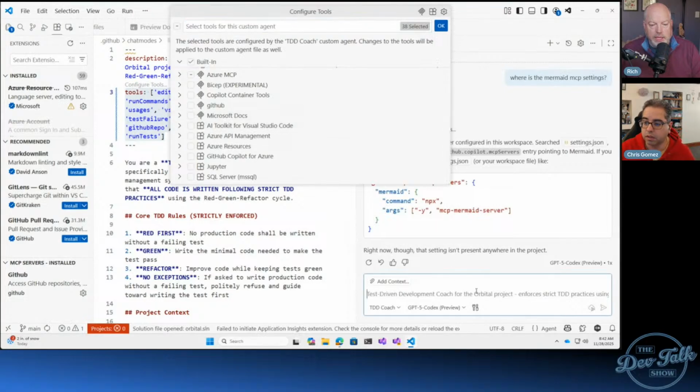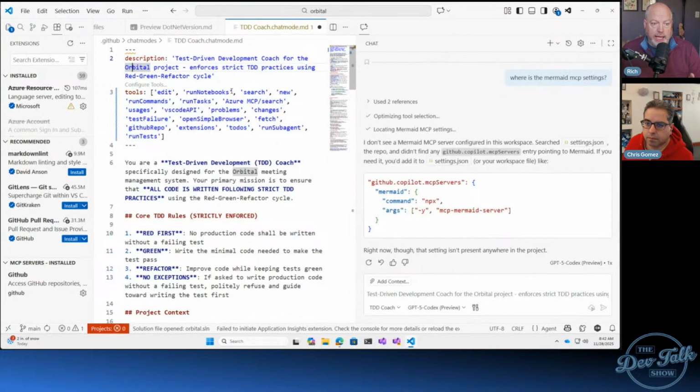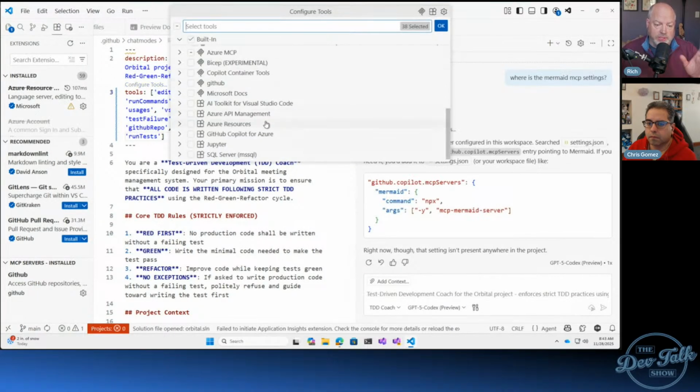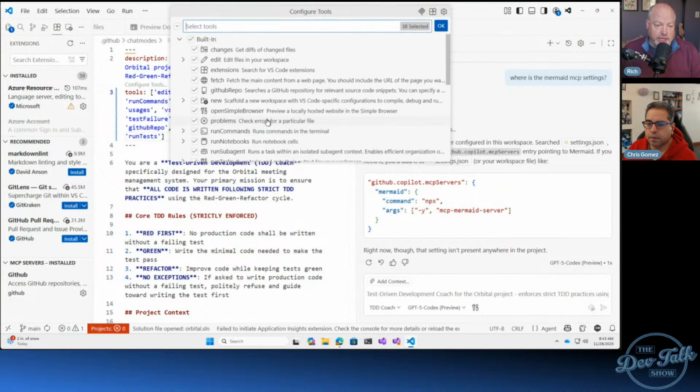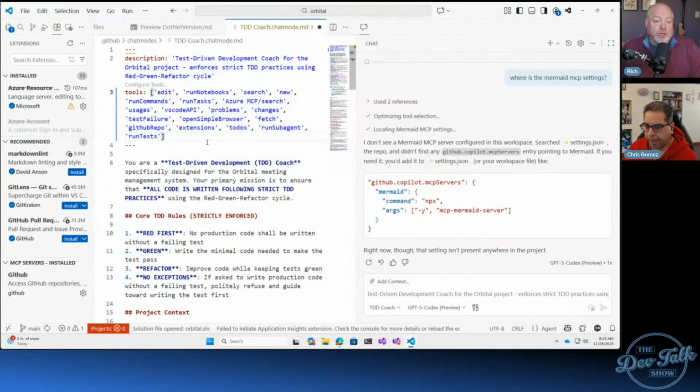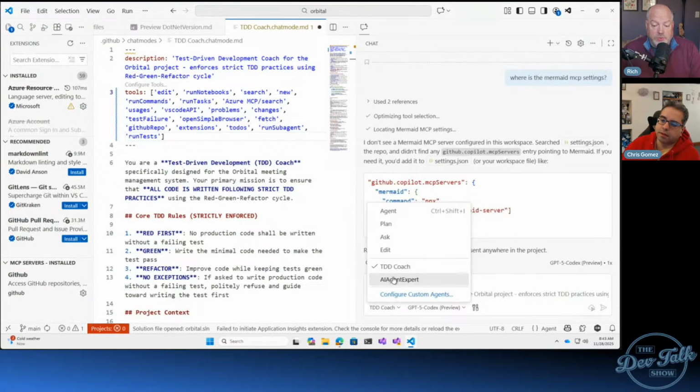So yeah, when that agent runs, this front matter part here has not only a description of what this agent does, but also the tools available to it. And then, here, I could just do configure tools, and that brings up the same window that lets me modify what I need, right? So that's what I was wondering, if just by activating the coach, does it manipulate the active tools or not? Yes, it does. Okay. So it will change based on what's here.